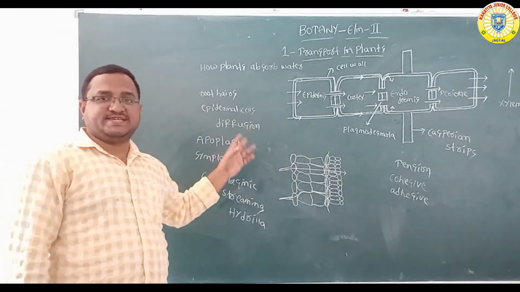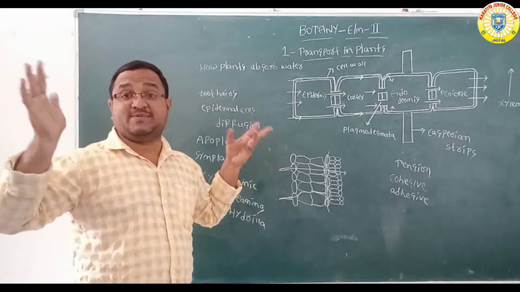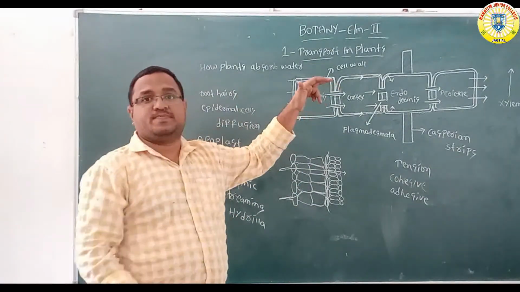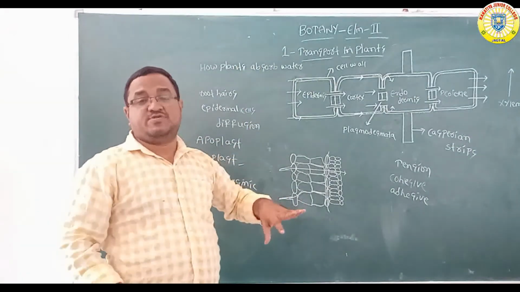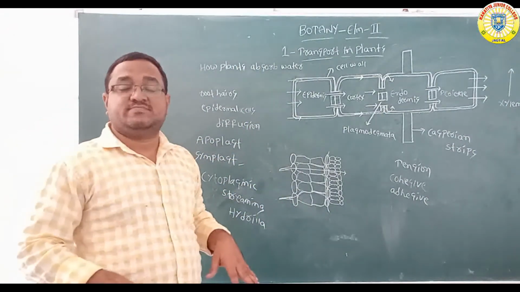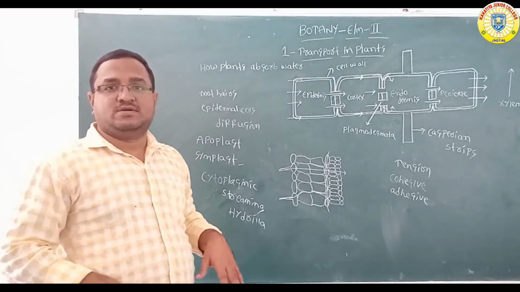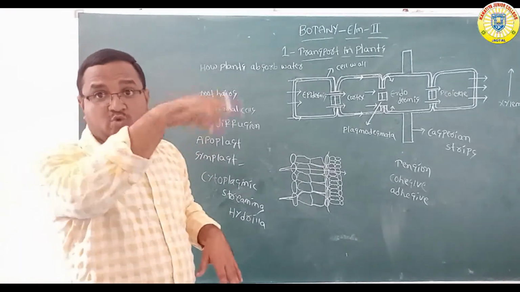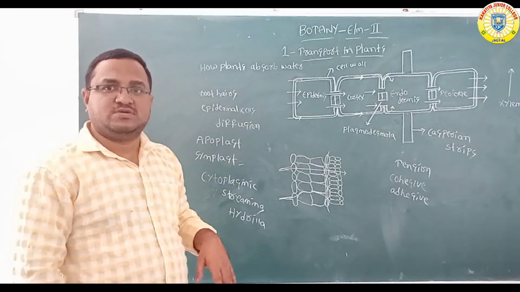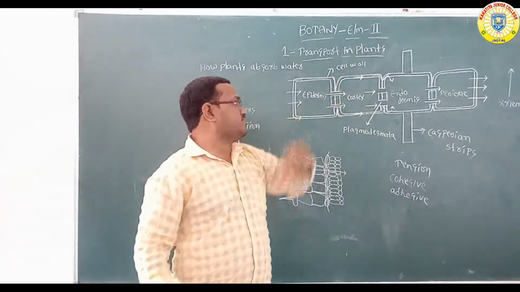So this symplastic system is carried out. The symplastic system is aided by cytoplasmic streaming. Cytoplasm is able to move. You can see clearly cytoplasmic streaming in leaves of hydrilla plant. Because of the cytoplasmic streaming, chloroplast is able to move in hydrilla plant leaves. Okay, this is the symplastic system.